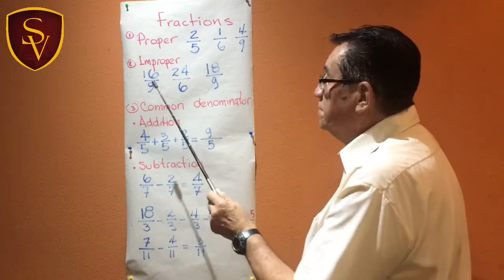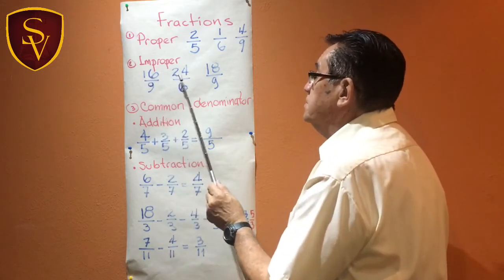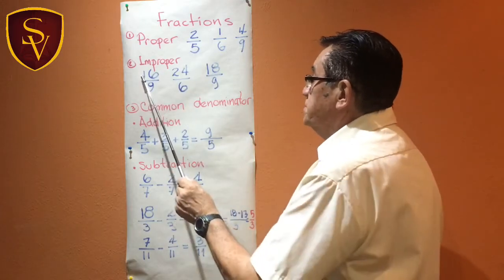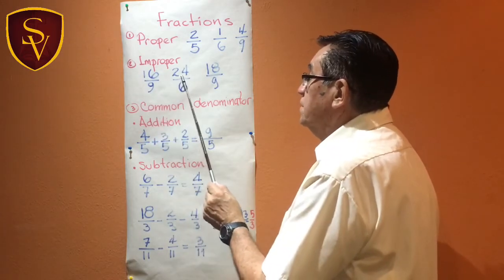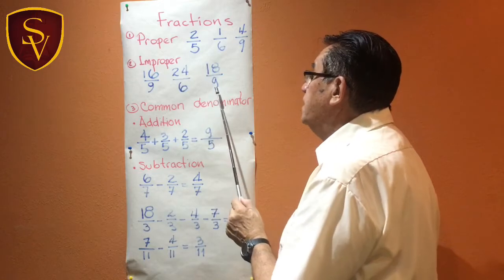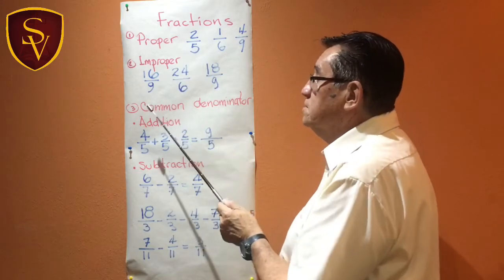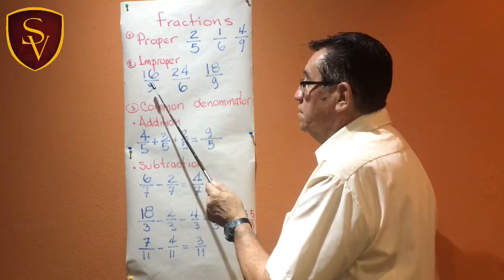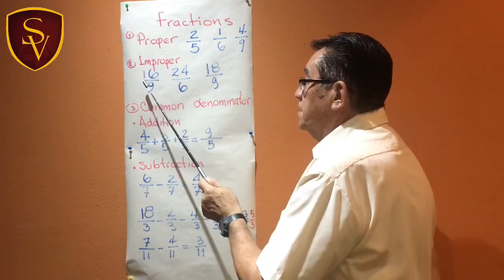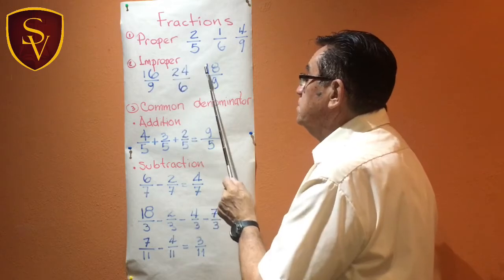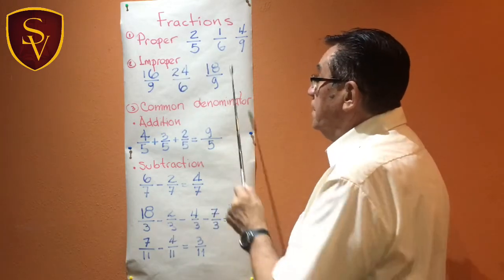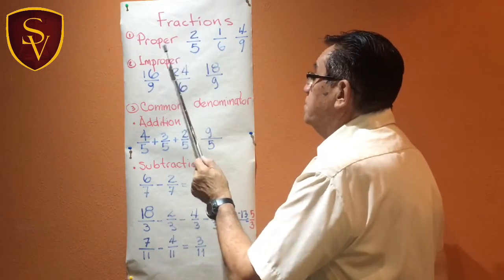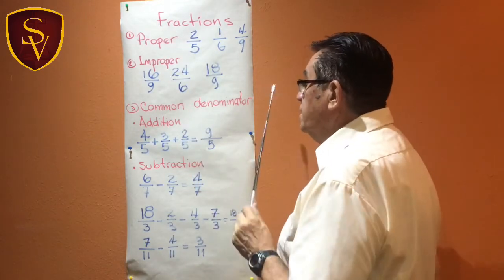Improper fractions are fractions in which the numerator, as you can see here, is bigger than the denominator. 16/9, 24/6, 18/9. Las fracciones impropias nos muestran fracciones en las cuales el numerador es mayor que el denominador. Muy bien, una vez que nosotros sabemos diferenciar what's proper and what's improper, then we can do